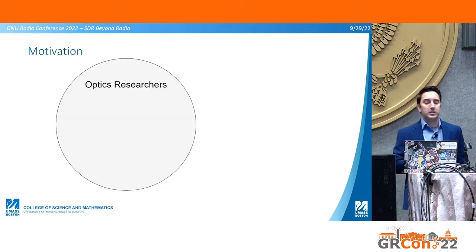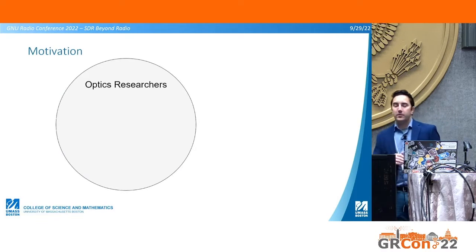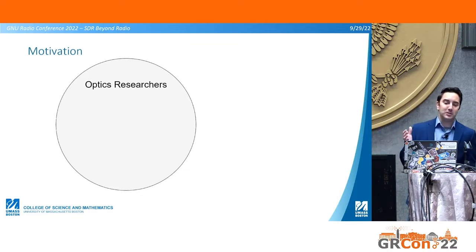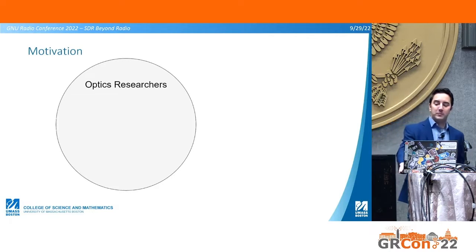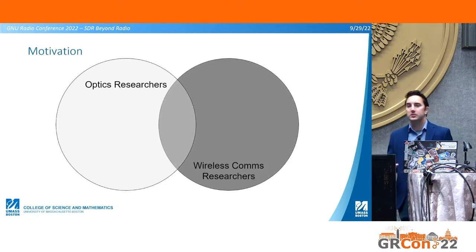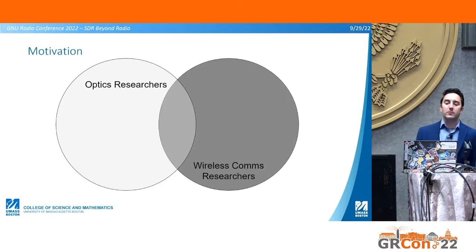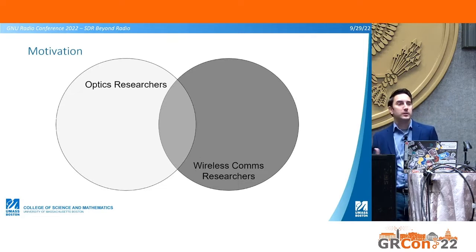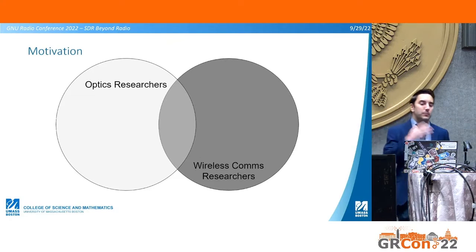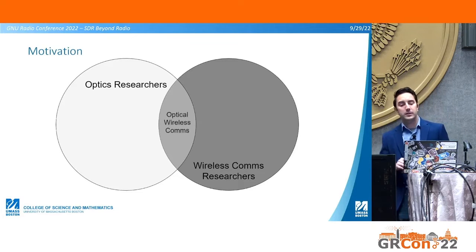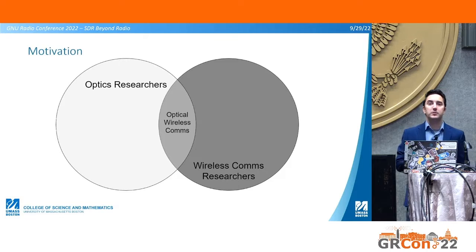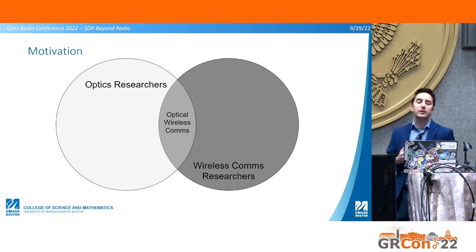So starting with our motivation, I sort of borrowed this Venn diagram idea from someone's presentation from a few years ago. I don't remember what it was, but related to RFNoC and overlap of FPGA experience and wireless comms researchers. So similar idea here. We've got this great pool of wireless comms researchers doing excellent stuff in radio. Big pool of people working in optics research from the physics space. And then in the middle, we sit here working in the space of optical wireless communications. Like I said, the visible light comms ideas, but also infrared communications, fiber optics communications, things like this,